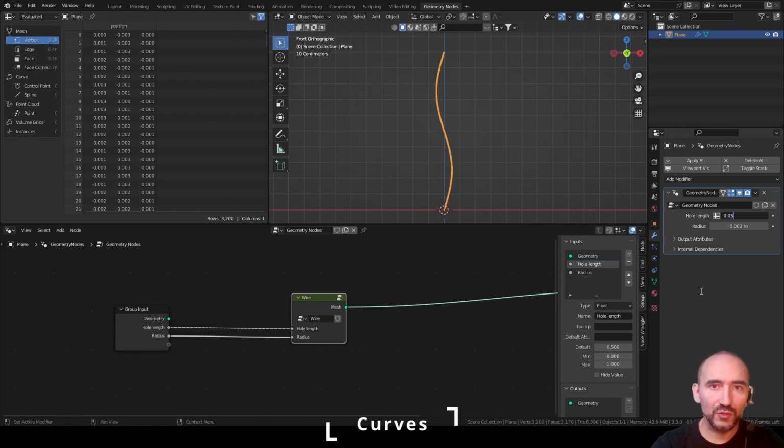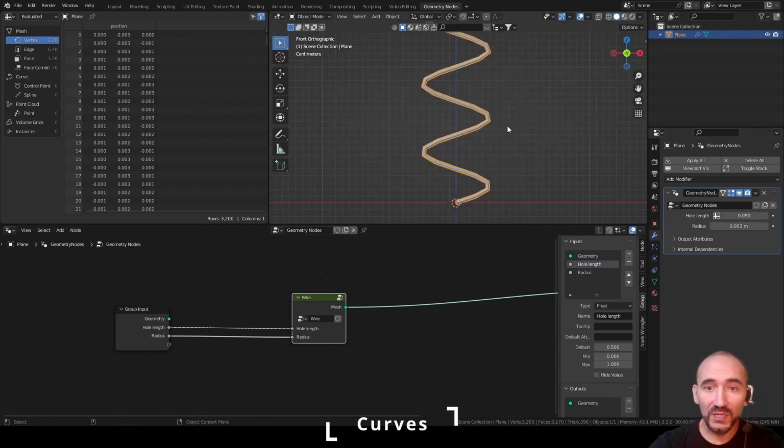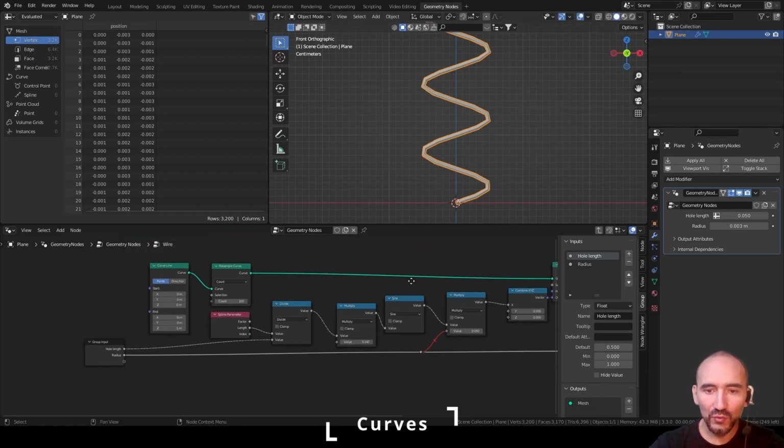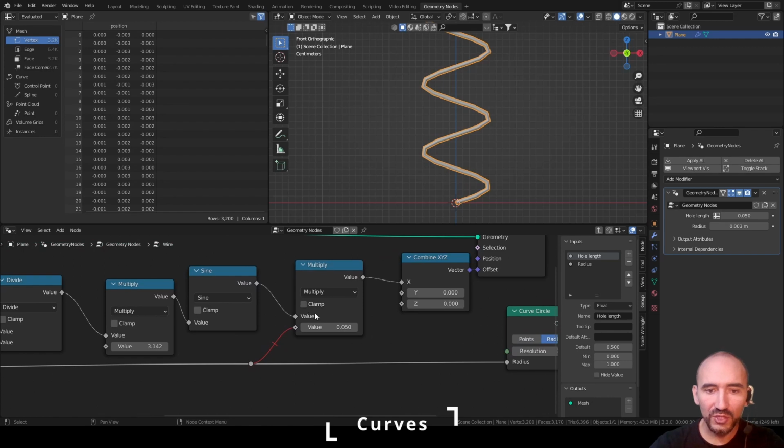if I have 0.05 meter to have a hole like this, you can see the repeating of the shape, and this is 0.05 meter. This is the first hole. This will be the second, the third, and so on. But the thickness of this shape is too big, so we can unmute this link, Ctrl Alt right button, and